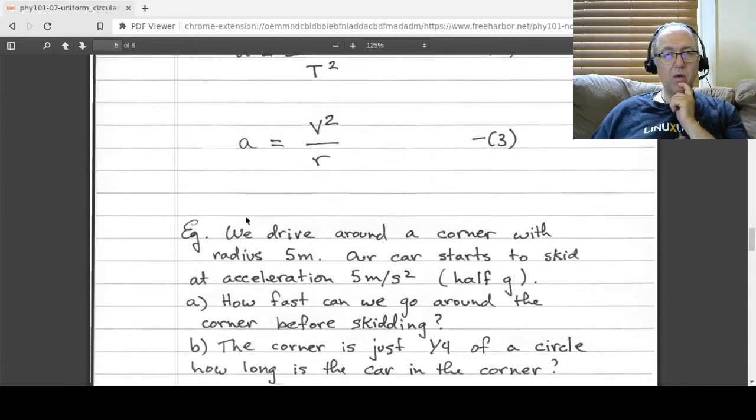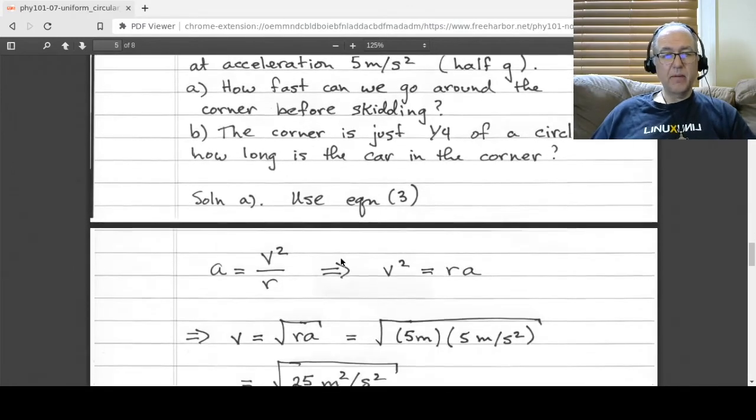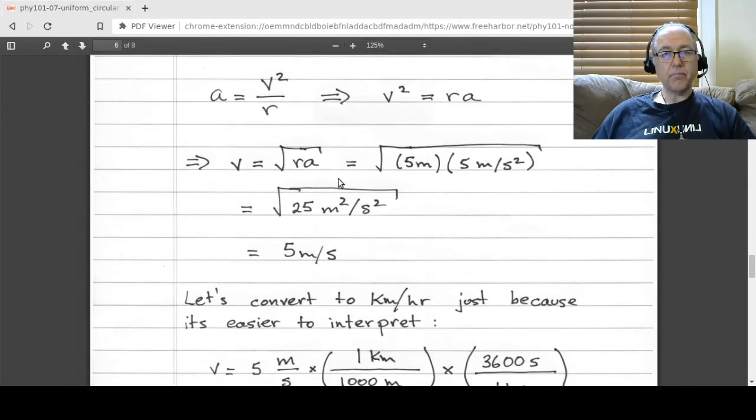And so you go, all right, well, which equation do I need? And obviously it's equation number 3. In equation number 3, we have A, we have R, and we want to find V. So let me just rearrange this equation, multiply both sides by R, and I get that V squared is